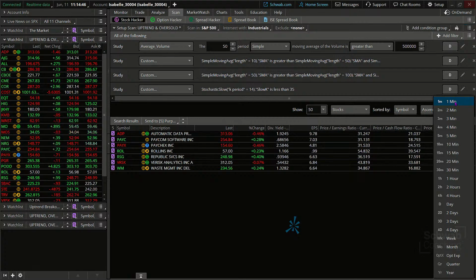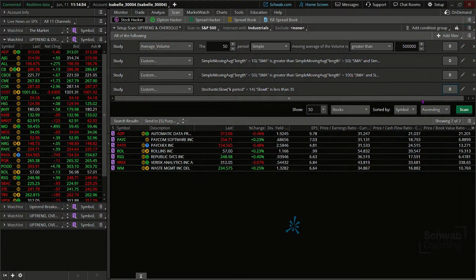I'm certain that we've got some classes that will go deeper in this. Unfortunately, it's just not one I'll have the time to work through with you today. So we're going to do everything based on a daily look. Now, as I noted here, I've intersected with industrials. My saved version is not intersected. So it's exclusively the 30 that we located that are considered to be uptrend and oversold in the S&P 500 by these 4 basic criteria.